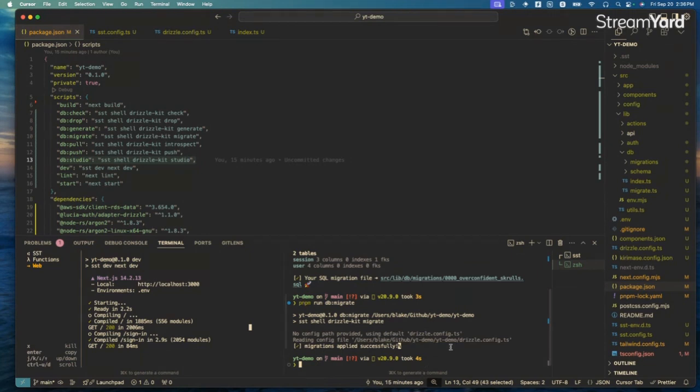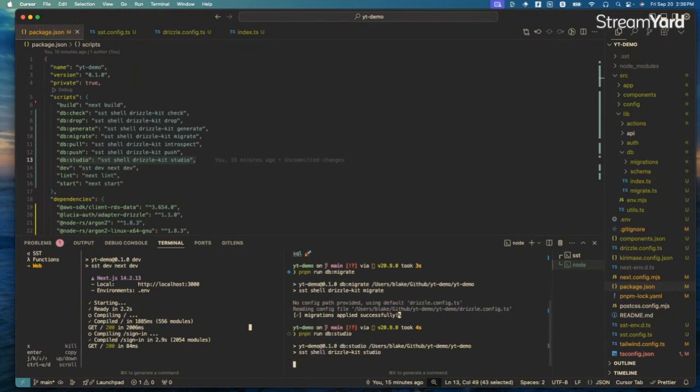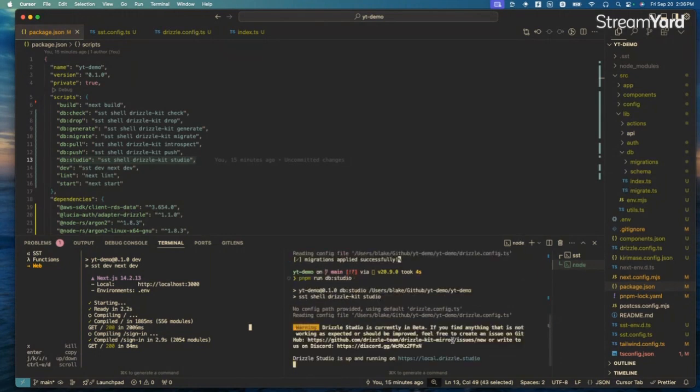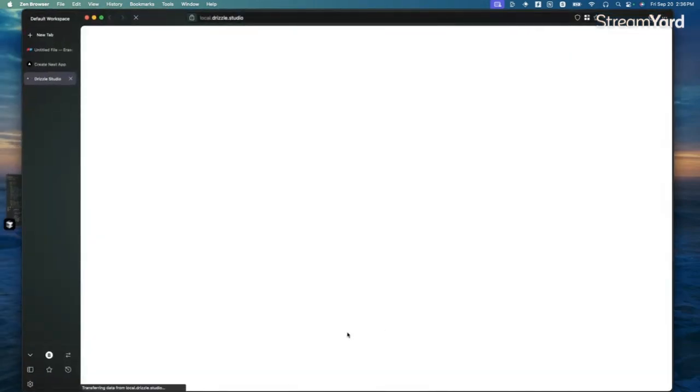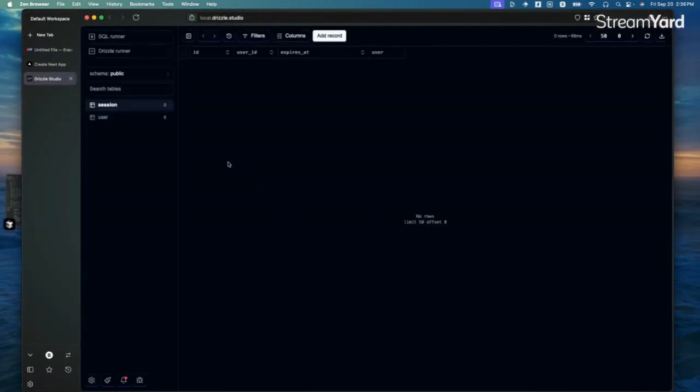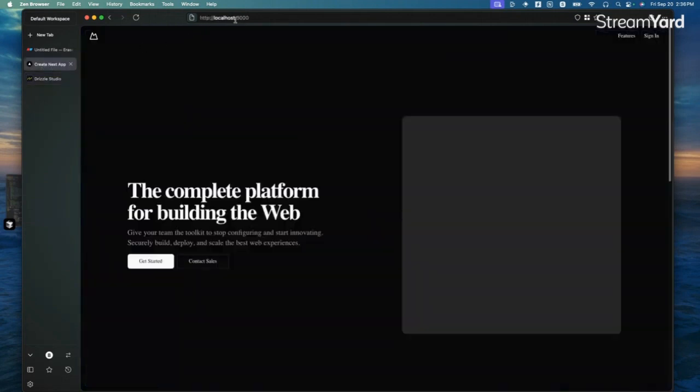Perfect. And now we can validate real quick by running npm run db studio. What this will do is open up a studio session to our database with Drizzle. So if I open this, you'll see our two tables here, the session and user table. Right now we don't have anything in our database, but if we come back over to our localhost 3000